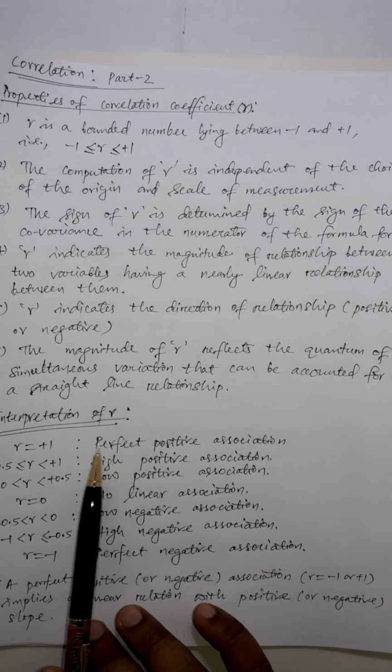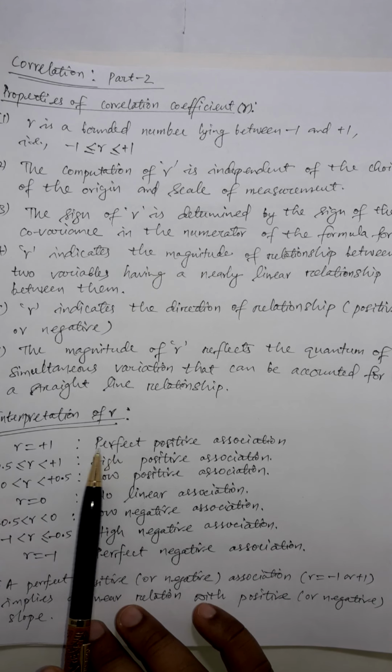Now friends, what is coefficient of determination here? The coefficient of determination is nothing but the square of the correlation coefficient. If the correlation coefficient is R, then its square, R square, represents the coefficient of determination. Now what is the need and purpose of coefficient of determination? To discuss it, let's move further.